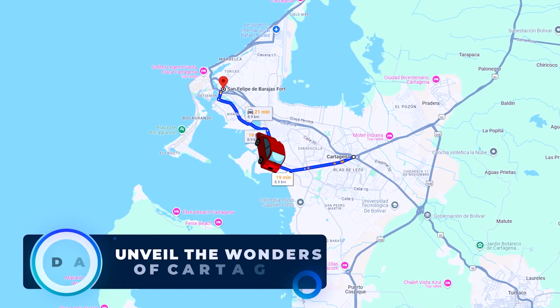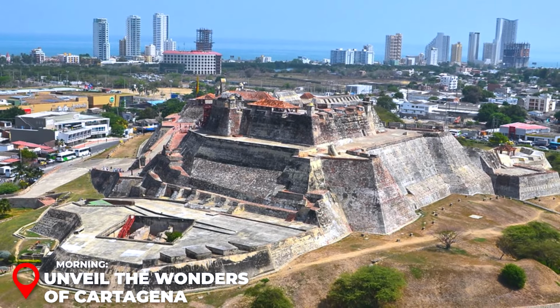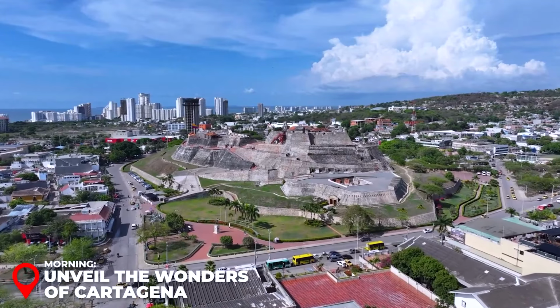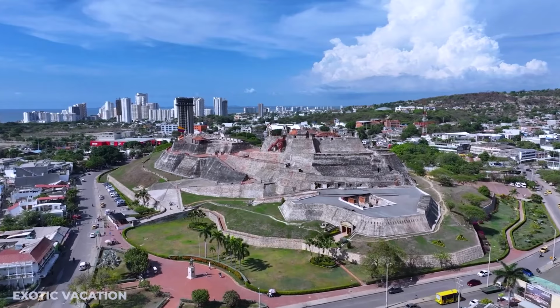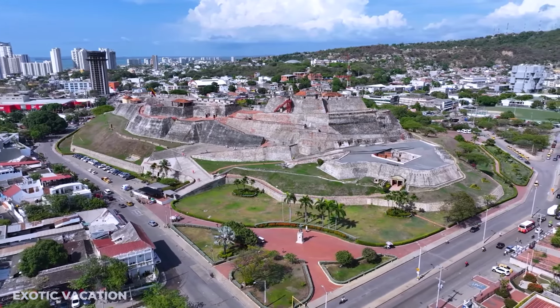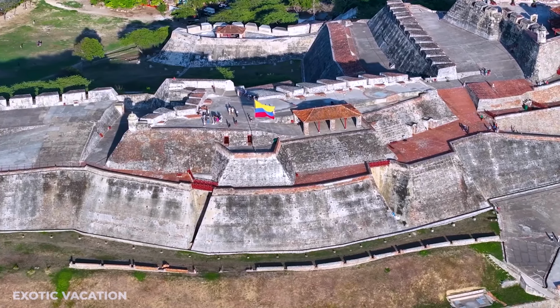Day 1. Unveil the wonders of Cartagena. Morning. Castle San Felipe de Barajas. The first stop in Cartagena should definitely be an early morning visit to Castillo San Felipe de Barajas, the city's most iconic historical landmark. This fortress, nearly 500 years old, stands as one of the most impressive remnants of Colombia's